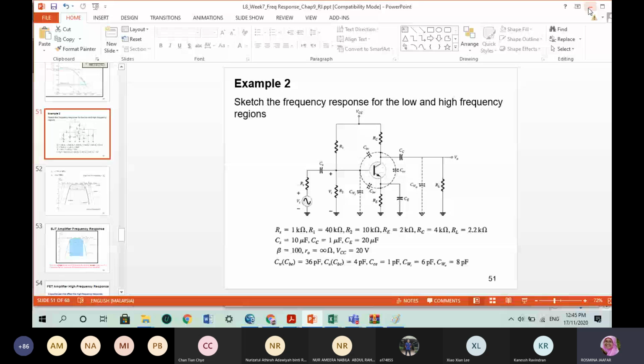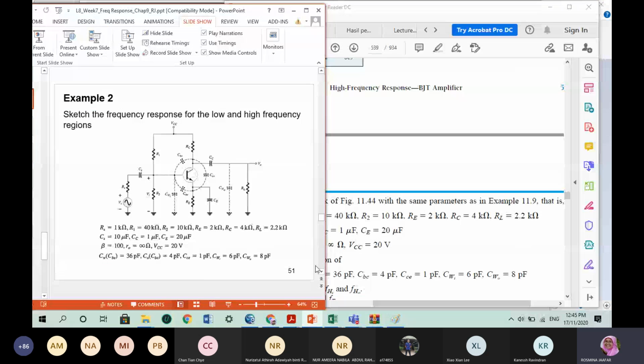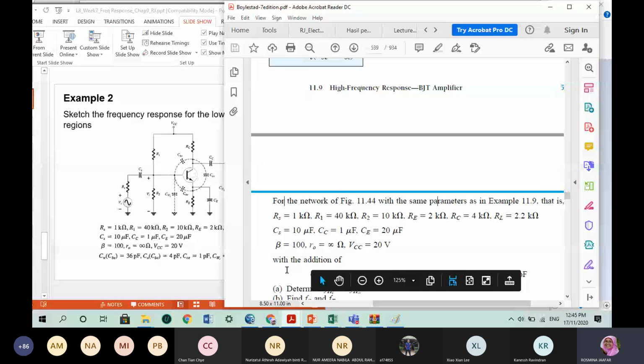Okay, I put them side by side. Here you will see given RS 1 kilo ohms, 40, 10 to 4K, 2.2 and so on, with the CS and